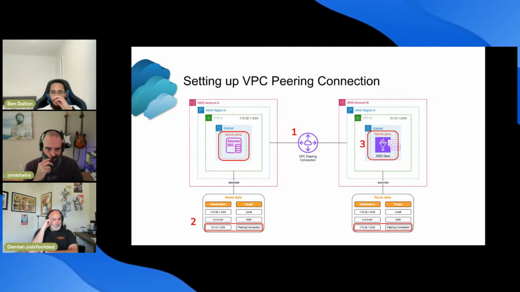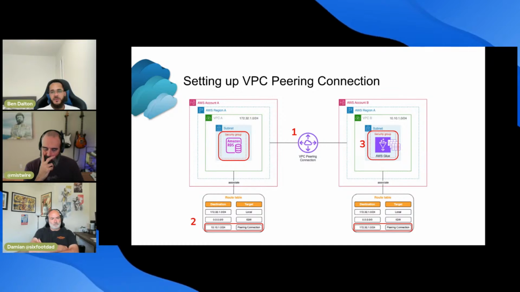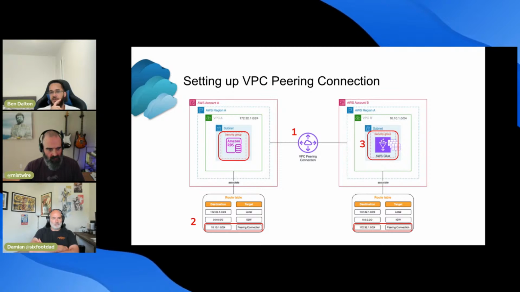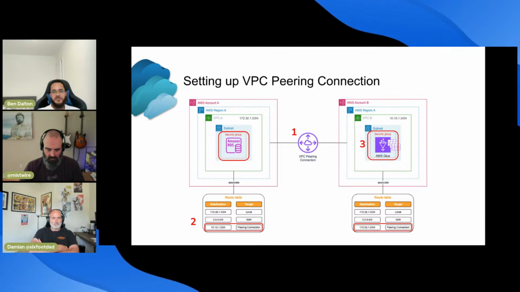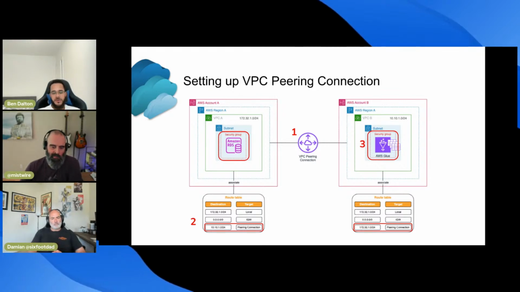If you're familiar with the console, if you go into VPC, there is a section called peering connections. In there, you just have a list of your peering connections. If there is a request, it shows its status as pending, and you have the option to accept or reject. I believe it stays pending for 5 days, I may be mistaken, until it goes into, I think, a deactivated state. Then you'd have to send another request. But once it's accepted, then it becomes active.